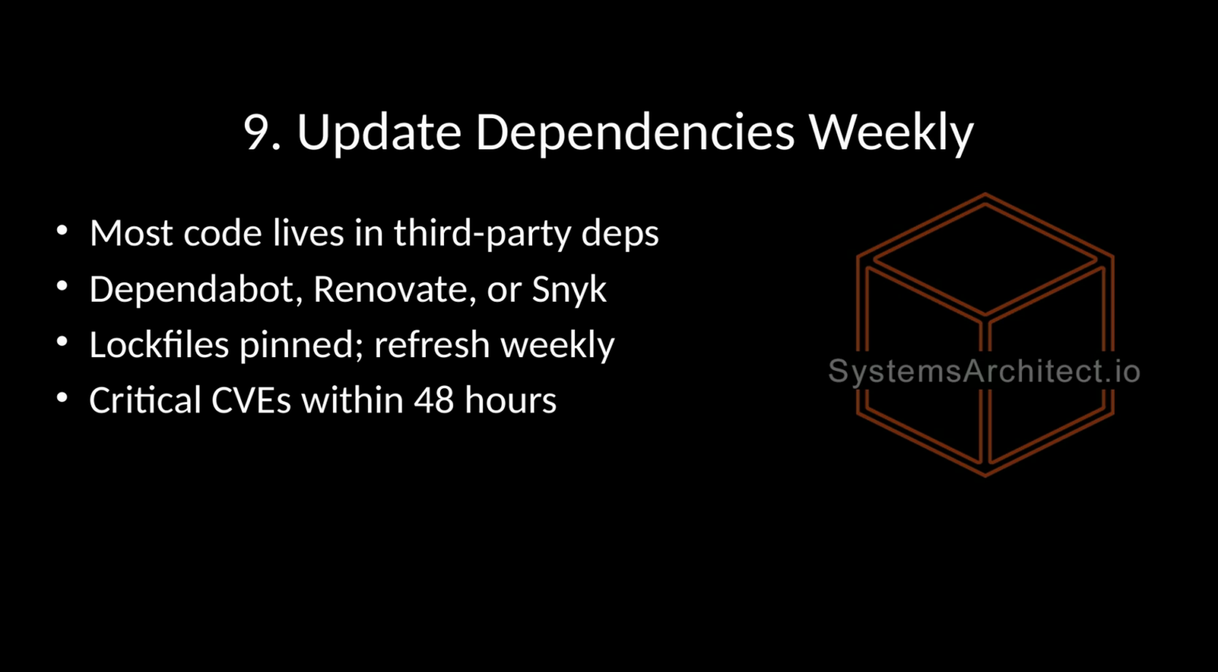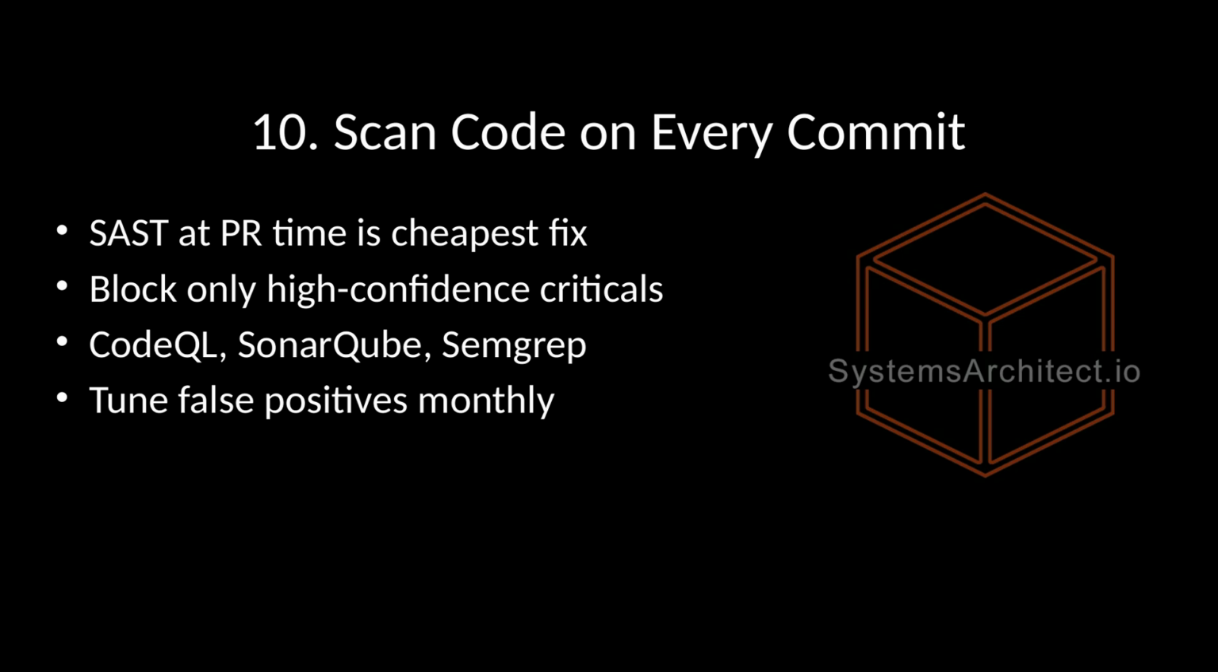National Vulnerability Database is the U.S. government repository of standards-based vulnerability data. Tenth, scan code on every commit. SAST, static application security testing, is automated scanning of source code for security vulnerabilities. Why scan at pull request time? SAST finds injection, XSS, secrets, and bad crypto at pull request time, when a fix may take 30 minutes